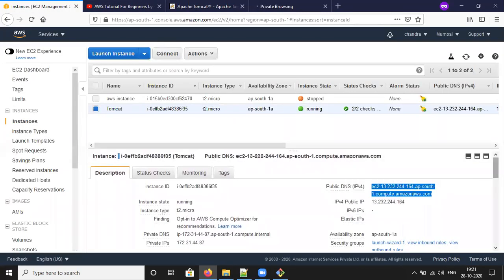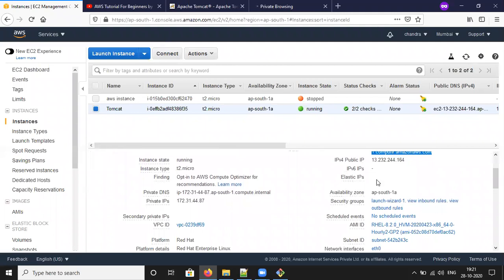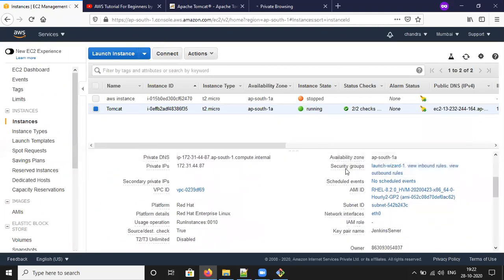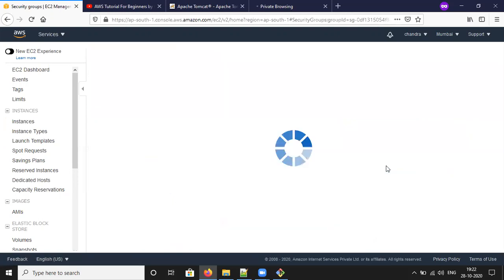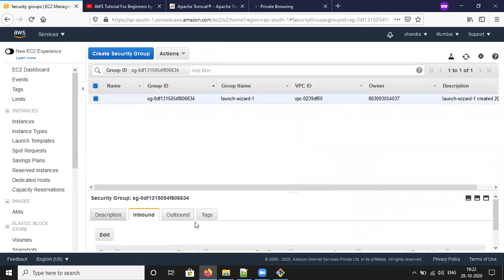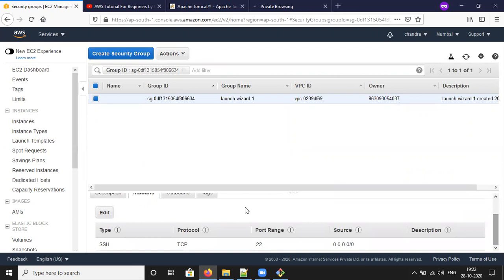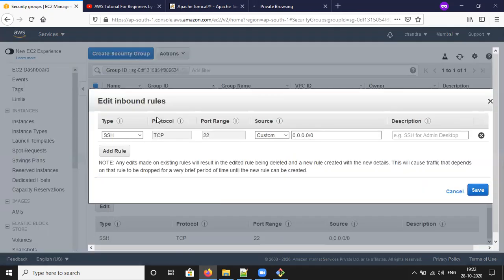For that, you need to go to the EC2 instance, scroll down, and here you can see the security groups, launch wizard. Under inbound, click edit. See, there is only one rule, SSH. No other port is allowed.